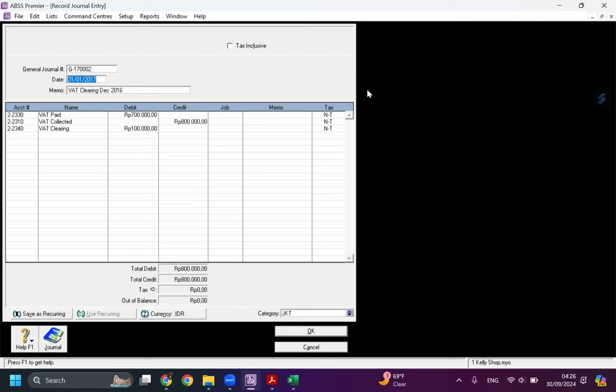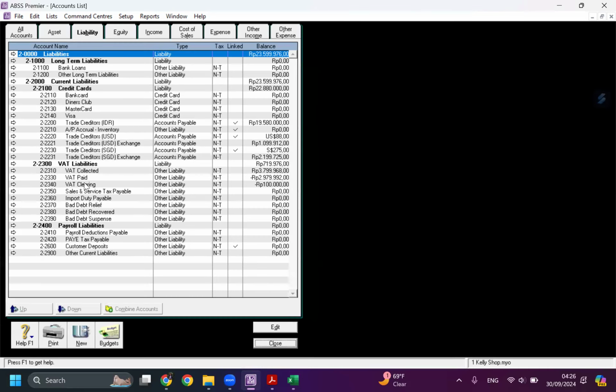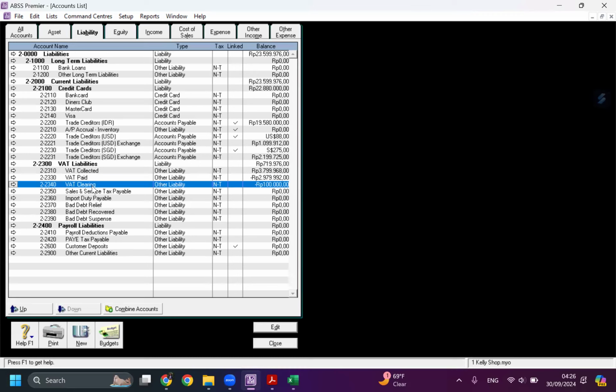I will check later where we can find information related to our recorded journal entry, so we know whether this journal is already posted or not. But for now, we can see from the account list that we already have VAT clearing and the total is 100,000. And VAT collected and VAT paid have also changed.